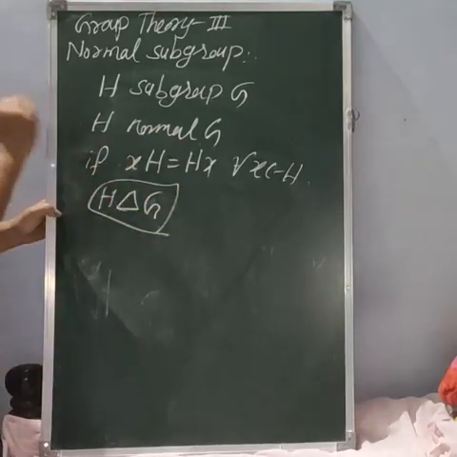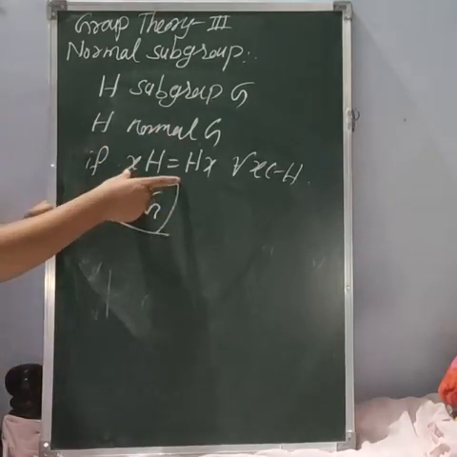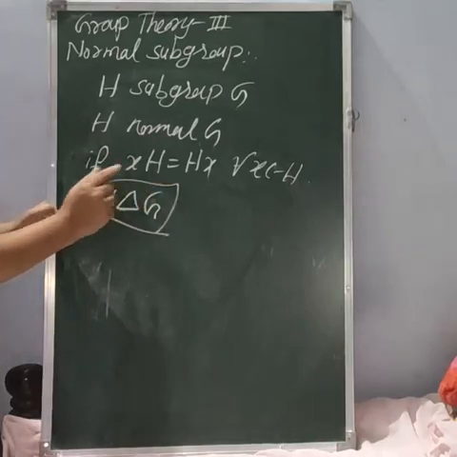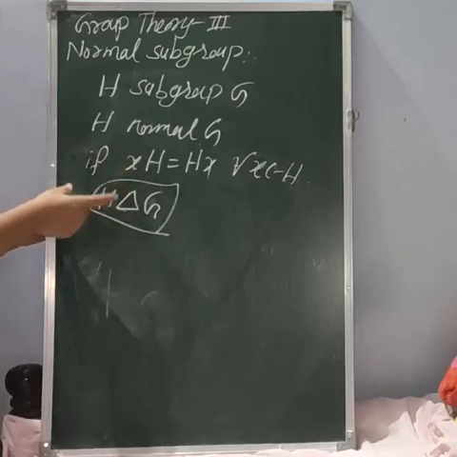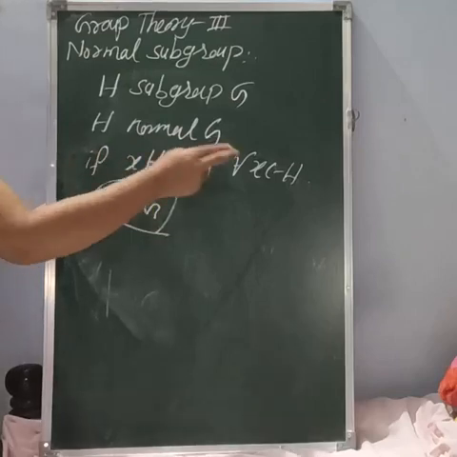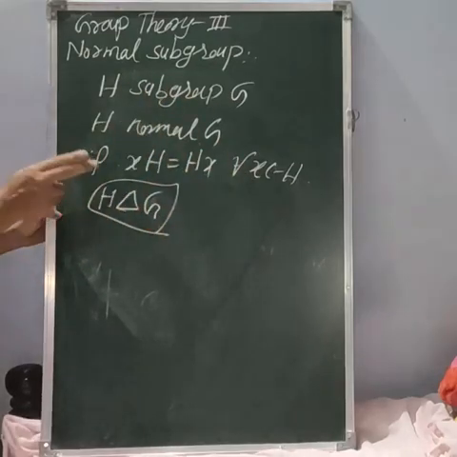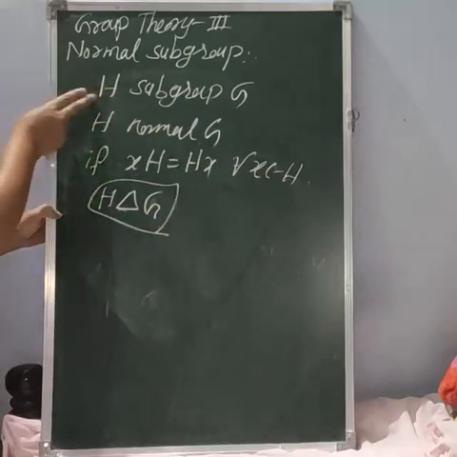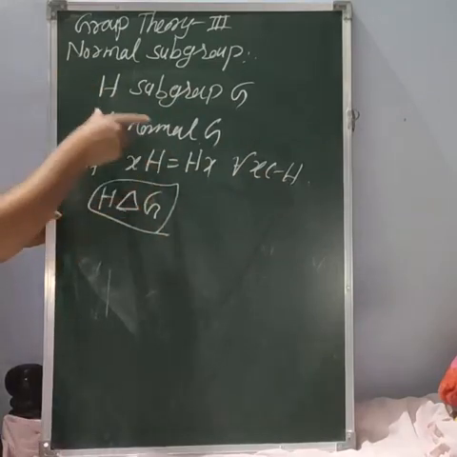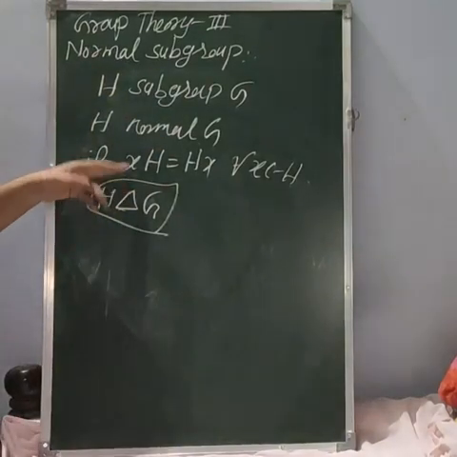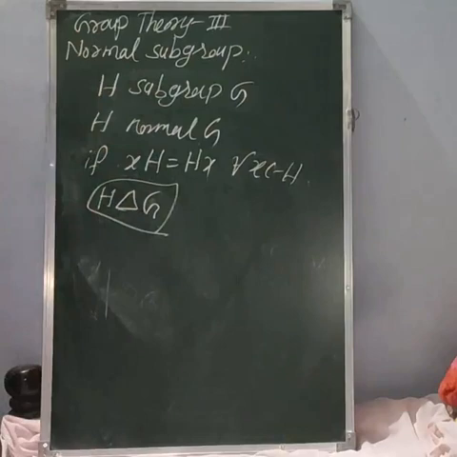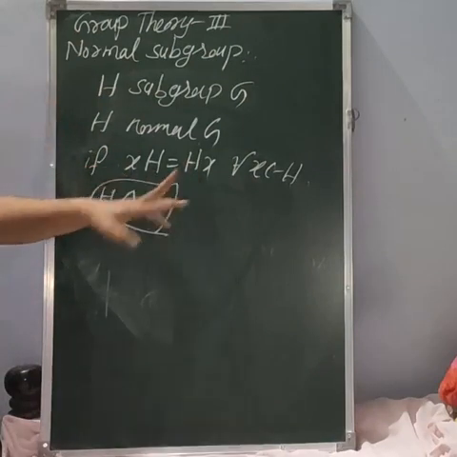Now we know what X into H is. These represent the cosets, left coset and right coset. So if all the left cosets and right cosets are equal for every element belonging to the given group, then we can say H is the normal subgroup. And you know how to find the cosets. You studied this in group theory, I think. X into H is equal to H into X.